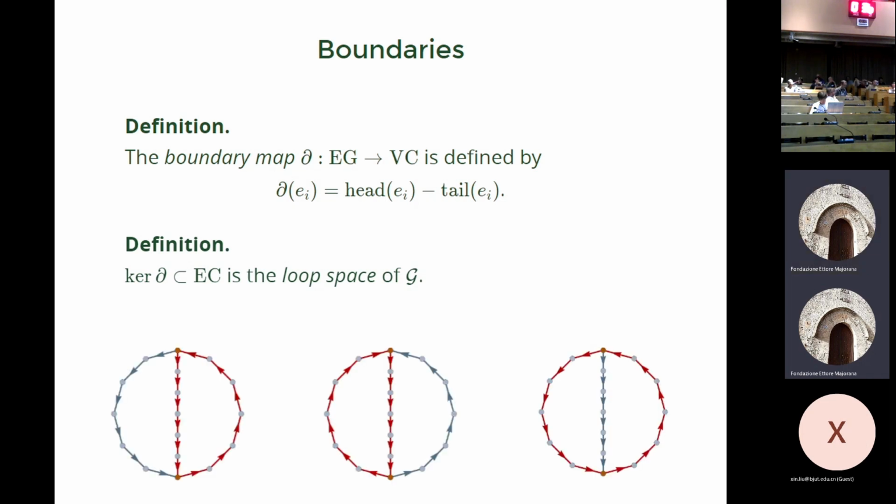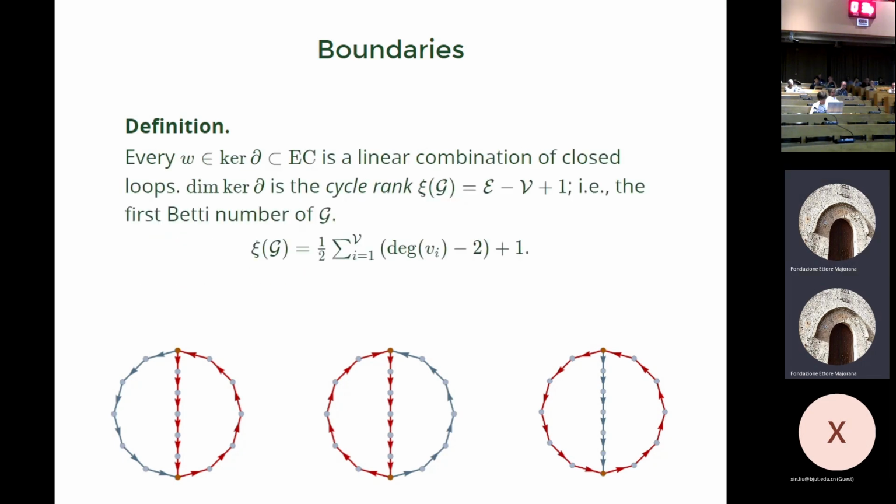So here in this sort of subdivided theta graph, you can see 3 cycles. Visually, they're obviously loops, but if I take the sum of all of these edges and take the boundary, for each of these it's going to be 0. So now everything is a linear combination of closed loops, and this is a subspace that has a dimension. The dimension is what's usually called the cycle rank of the graph, the same thing as the first Betti number of the one complex. And you can easily compute that it's the number of edges minus the number of vertices plus 1.